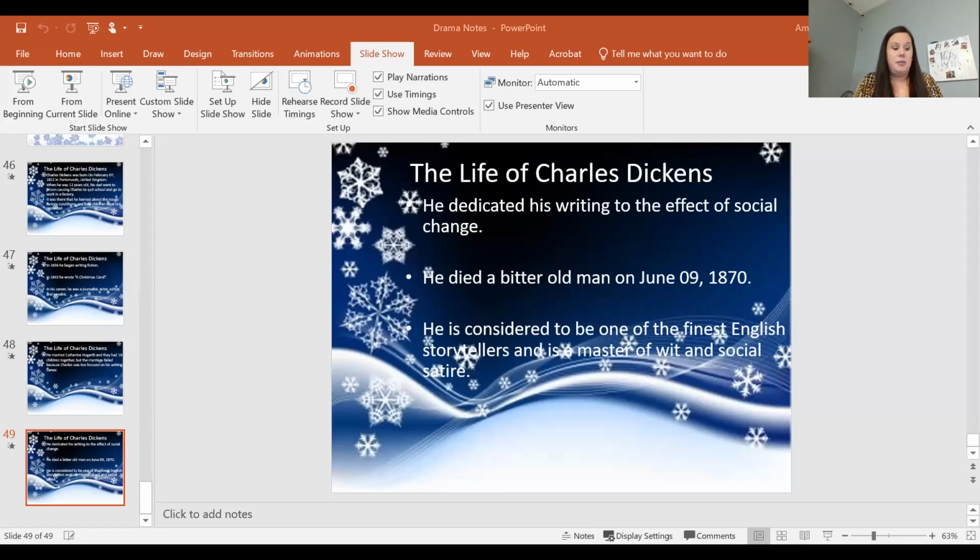Now that you have those notes, you are going to need them, because as we work through our drama unit, we're going to find some elements in the drama that we're reading. There should be a link for A Christmas Carol, the play, written by Israel Horovitz. In class, we are going to read through Act 1, hopefully the first 3 scenes. I have also uploaded an audio recording. Sometimes it can be difficult to read a drama to yourself because there are different parts, so if it's hard to keep those straight, listen to it. I need those first 3 scenes read, and make sure you have your notes completed.